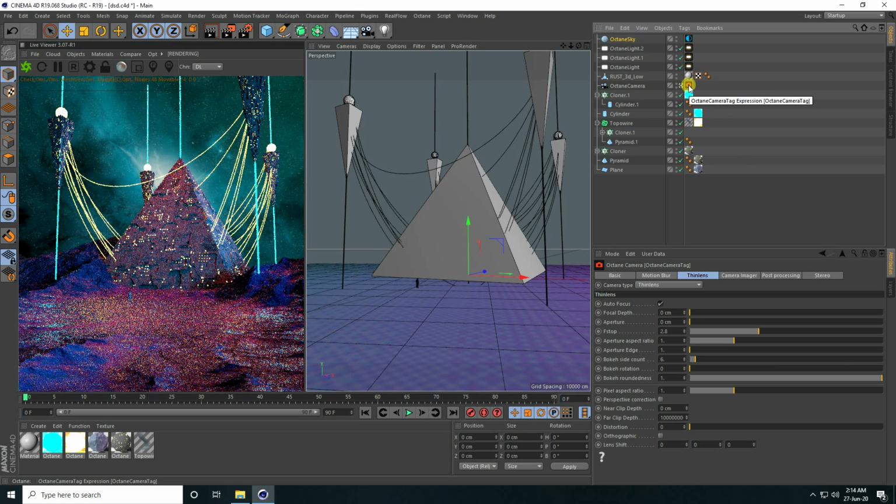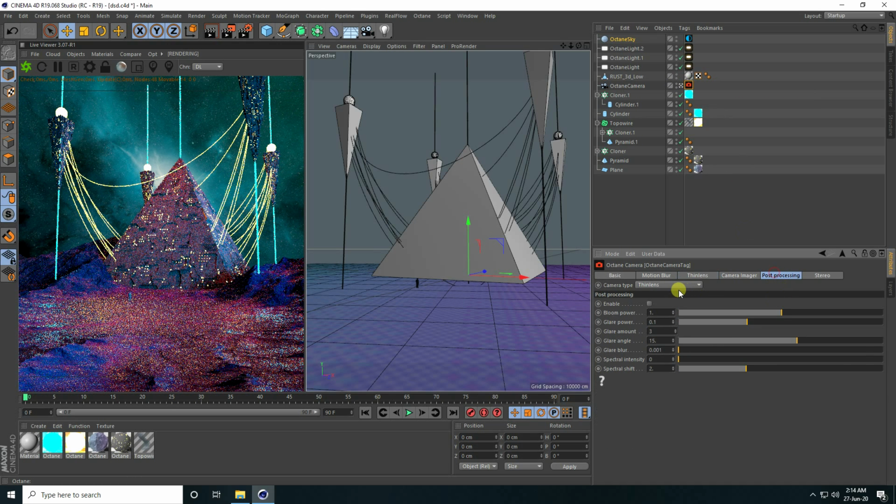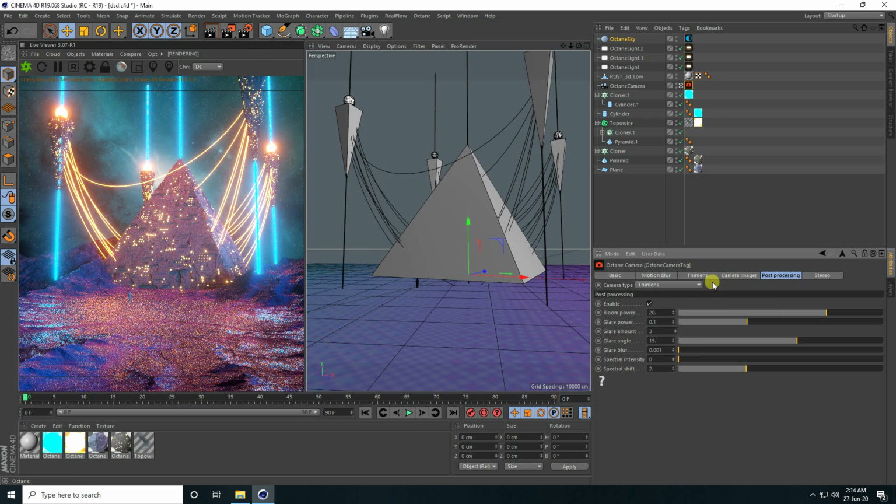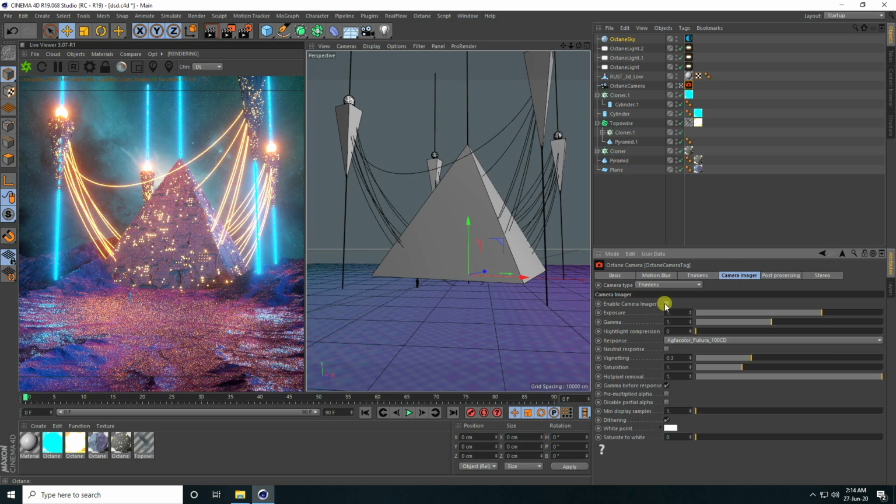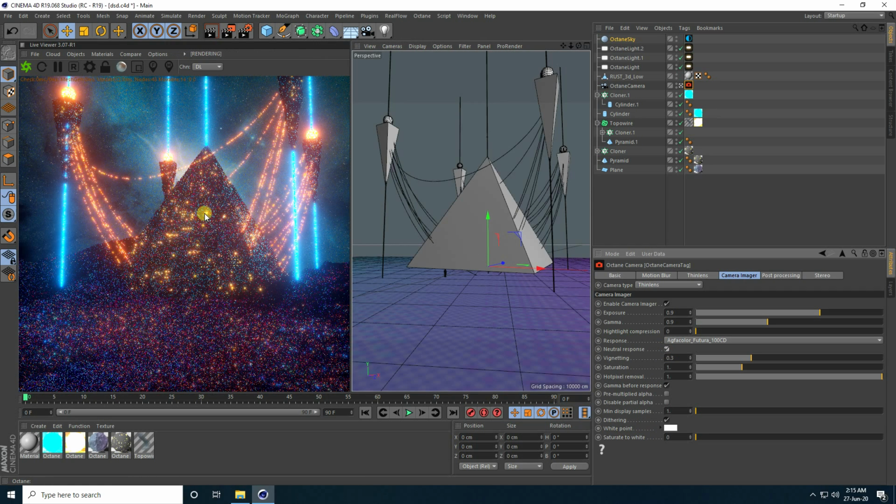Actually, that's my camera tag, and post processing check, and like 20, and camera imager here, and camera imager check, like exposure 0.9 and gamma 0.9. And natural response check. See guys, that's my beautiful render, right?